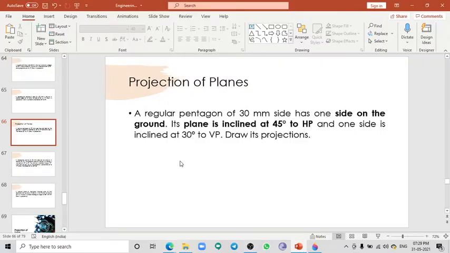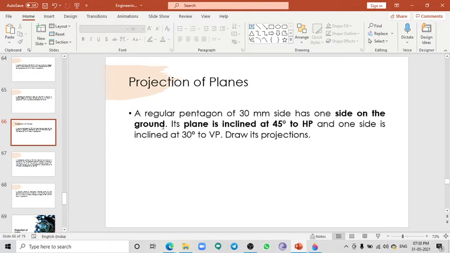In this video, I am going to discuss projection of planes. In particular, a regular pentagon of 30 mm side has one side on the ground. Its plane is inclined at 45 degree to HP and one side is inclined at 30 degree to VP. Draw its projection. So I have highlighted the words side on HP because we have to locate the initial object